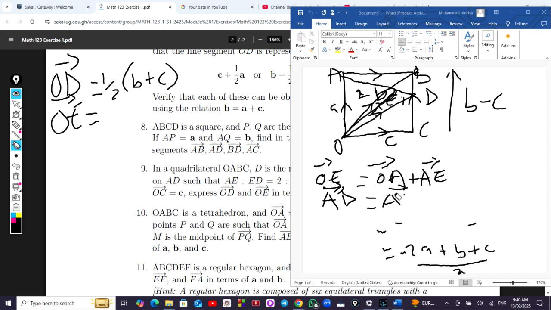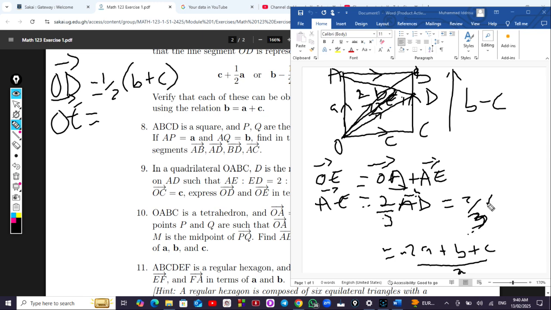Let me just cancel this for the meantime. Let me leave our answer here. We still need the answer. AE is equal to 2 over 3 of the entire line, which is AD. Now we know AD to be negative 2A plus B plus C all over 2. So AE will now be